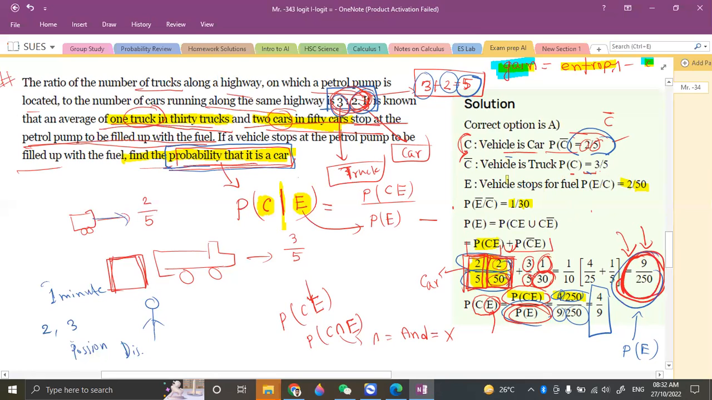So guys, the probability that the vehicle needs fuel and it's a car is 2 out of 50, and for the vehicle being a truck, it is 1 out of 30, right? Because it's already said here, 1 in 30 trucks and 2 in 50 cars. And then we find the probability that the vehicle needs fuel. So this is the union of